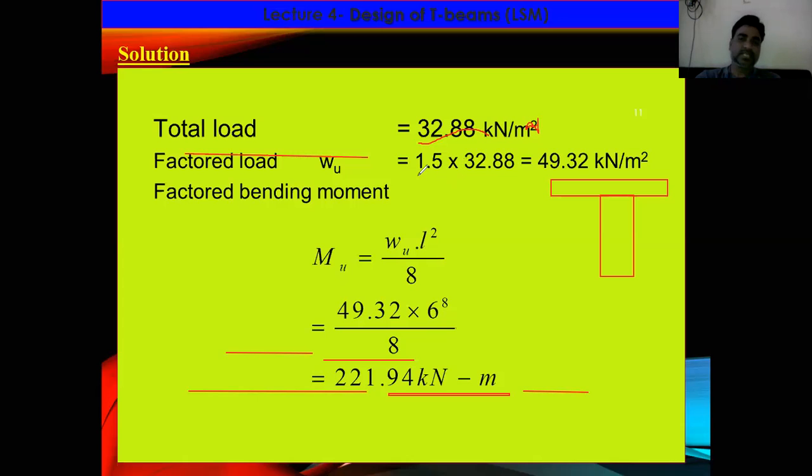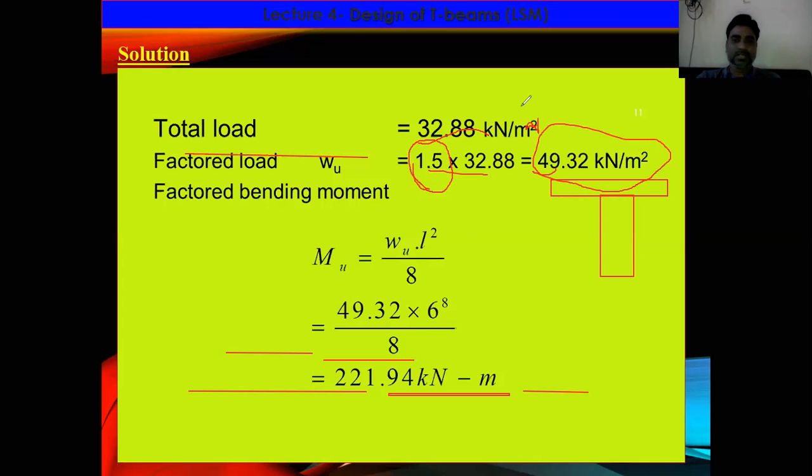For live and dead loads, the partial safety factor for load as per IS 456 is 1.5. If you apply this, you will get 49.32 kilonewton per meter. So this is the total factored load on the